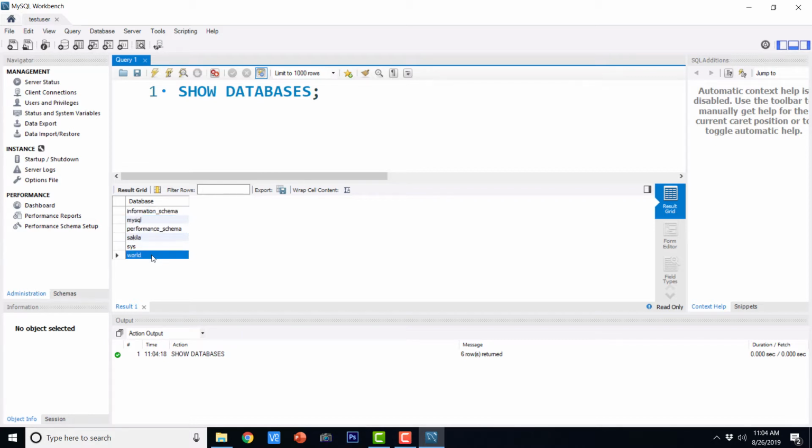Okay. So here database and schema are synonyms in MySQL. In Oracle, we have a schema for every user, but in MySQL, it is a bit different. So if any one of you is from an Oracle background, then it might be confusing at first that a particular user can have multiple databases or multiple schemas. But that is how it is in MySQL.